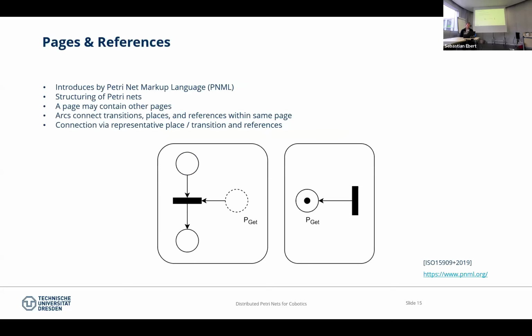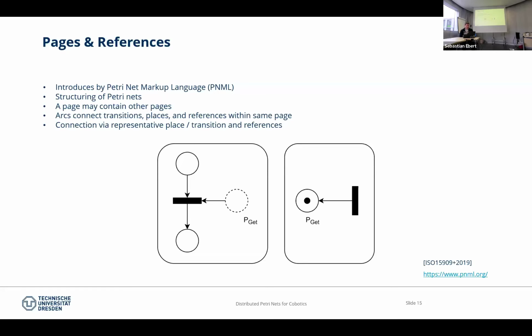One of the big extensions around there in the world was introduced by an ISO standard, the Petri net markup language. And what we're using here in our presentation today are pages and references. You see one here as the example. They allow us basically to modularize Petri nets within these square shapes that we see here and connect them by references. So for example, on the left side, the place pget is referenced from another page. And of course, this can also be done with transitions with the same schematic. So then we have a dashed transition referencing a solid shaped transition.